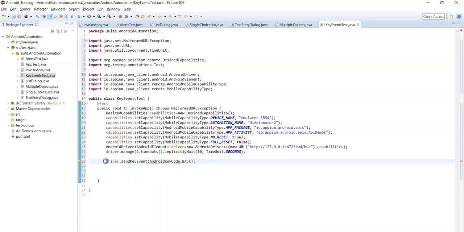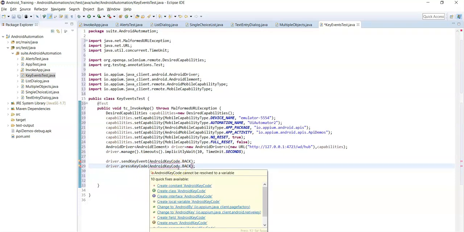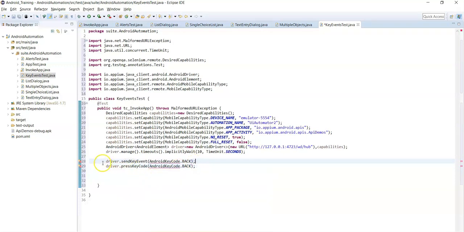Similarly, later versions deprecated this method and then released the press key code method. In the latest version, 1.17.1, they have deprecated these two methods to handle key events.